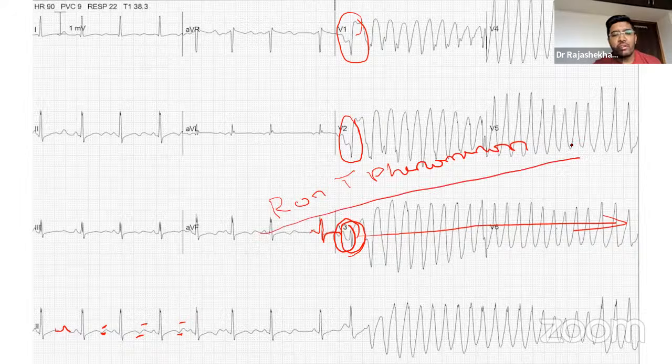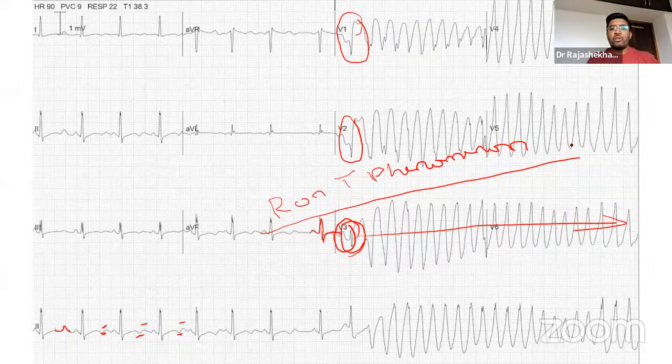R on T phenomenon is a very notorious phenomenon in causing ventricular arrhythmias. So if you know how to read the Holters, it becomes very useful in monitoring the Holters. This is a very common entity we usually see in case of the long QT syndrome of any cause, hypocalcemia or congenital long QT syndromes or any drug-induced long QT. Hypokalemia-induced ventricular arrhythmias usually have a prolonged QT or a QU. Whatever ectopy comes, which directly falls on the T wave, can manifest as a burst of ventricular arrhythmias.